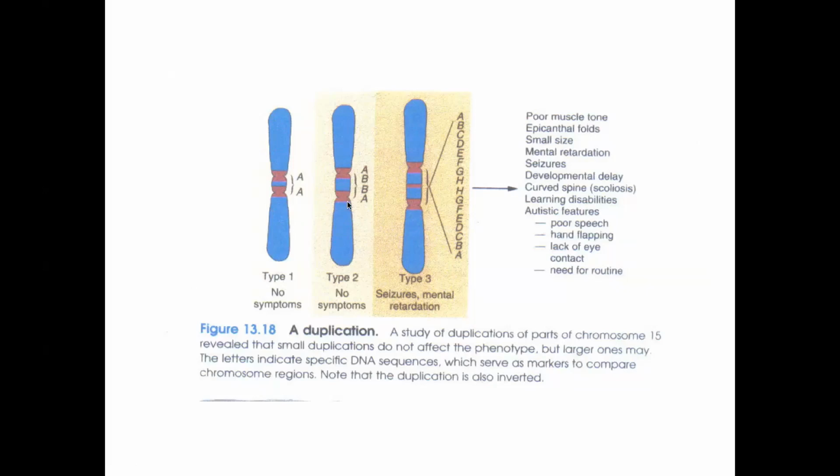I'm making up the number, but say 10 genes. Okay. So that creates a genetic imbalance. However, this type 2 duplicated version of chromosome 15 does not give rise to any phenotypic consequences. So that type of chromosome exists in living, viable adult human populations, but there's no consequence phenotypically or readily observable